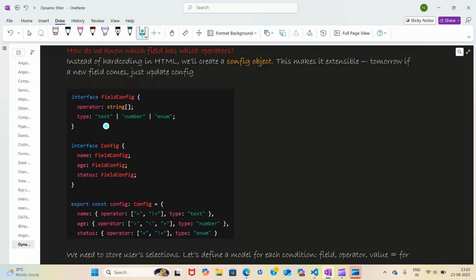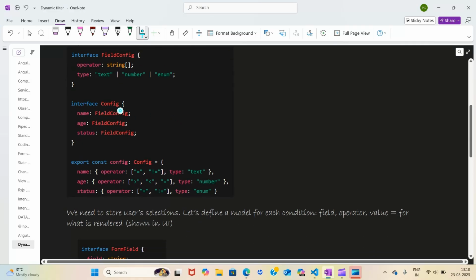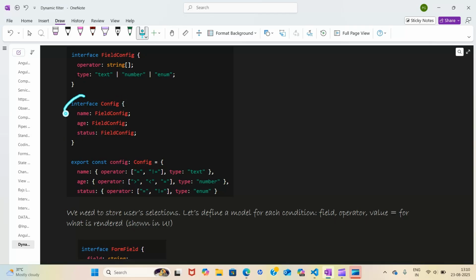Right now we are considering text, number and enum. Text is for name, number is for your age, and enum is for status, right? Now this interface config is for creating your config. So I have defined the type of these, right?